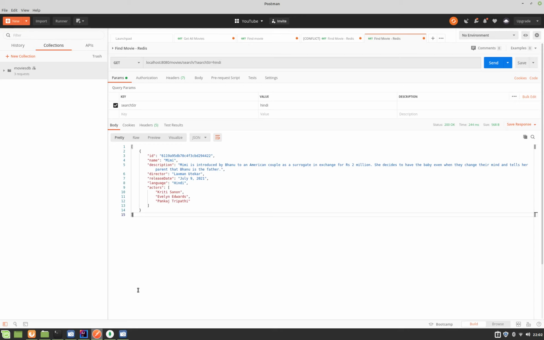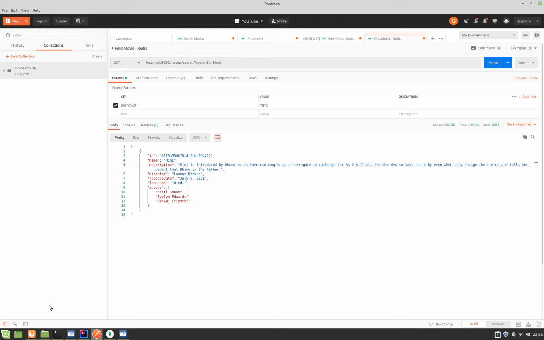All right, in the last video, we created this endpoint called search to search for the movies that we want using this REST API, right? So in this video, let's talk about Redis and how we can improve our search queries using Redis. So just note this request took about 244 milliseconds. Now let's try to use Redis and see how much time it would take to actually read the queries using